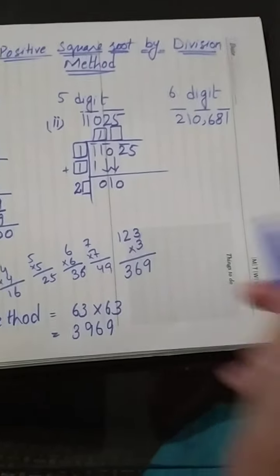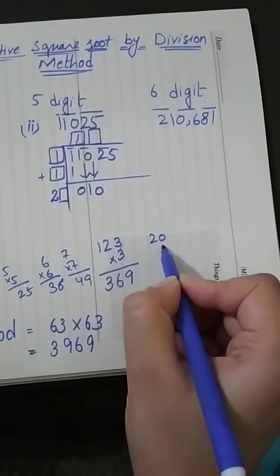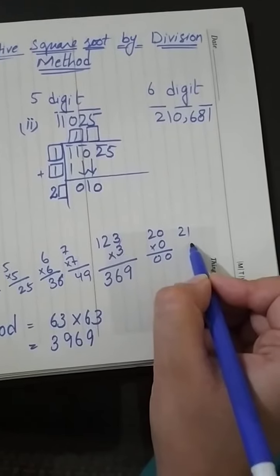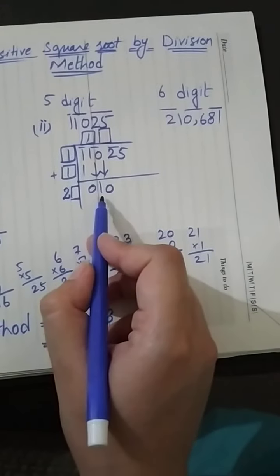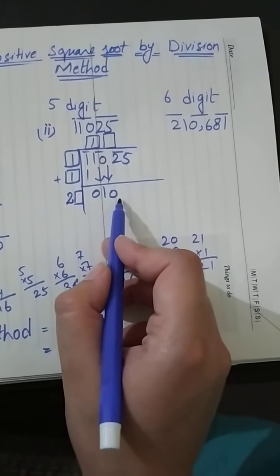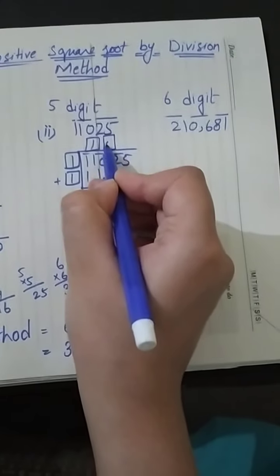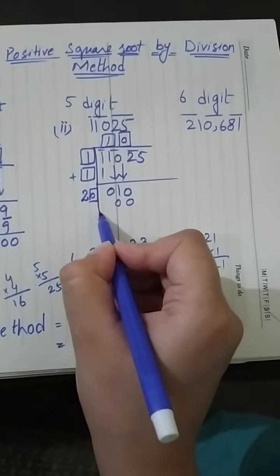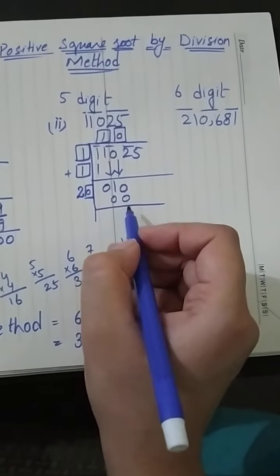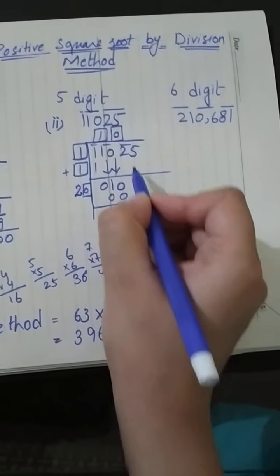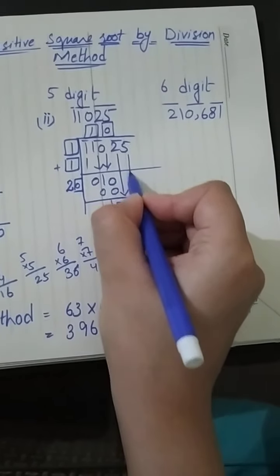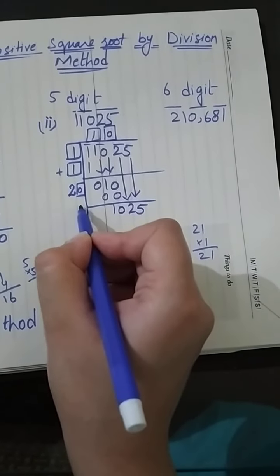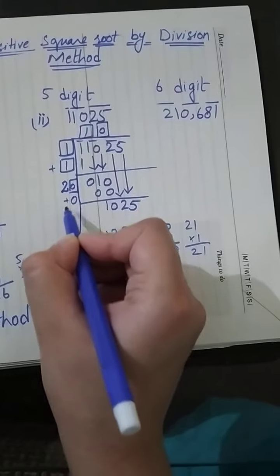If I multiply 20 by 0 it is 0, and 20 by 1 is 21, and as 21 is greater than 10, so 20 times 0 is 00. Subtract it, you will get 10. Moving the next pair down, I will get this. Add that number to the quotient,